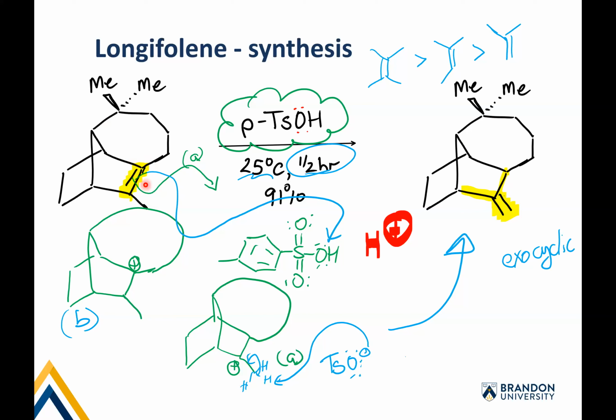So if it gets protonated, and there's only one direction to get protonated, that's down, because these are both going up. You're releasing a lot of that strain. So you generate this carbocation here, and then to remove protons, this proton on this ring is not aligned properly to make a double bond, because the proton here is sticking. Remember, this proton here would be sticking straight forward, and the pi system is going to be